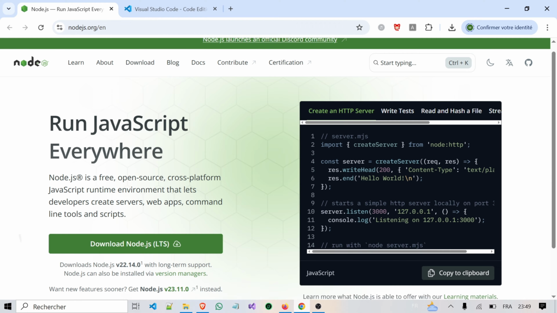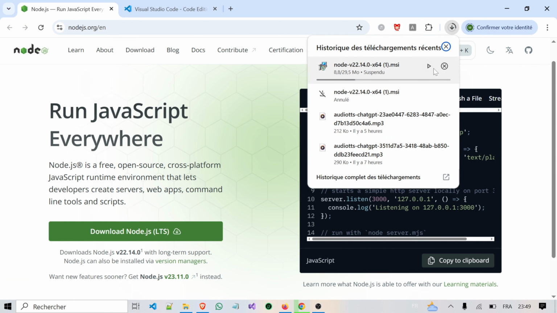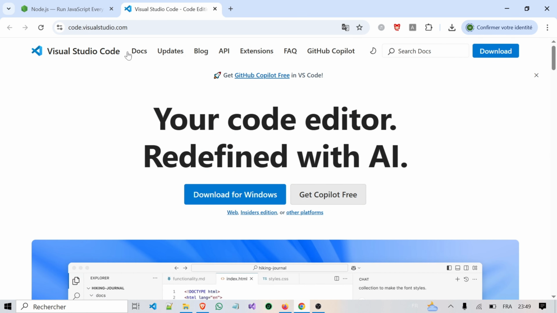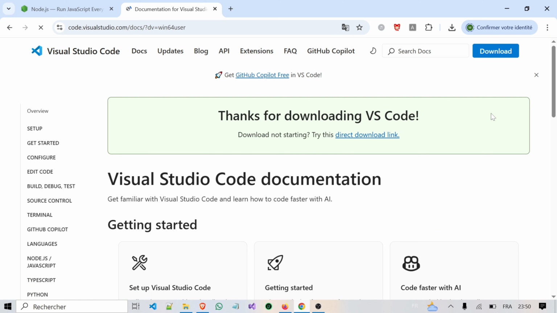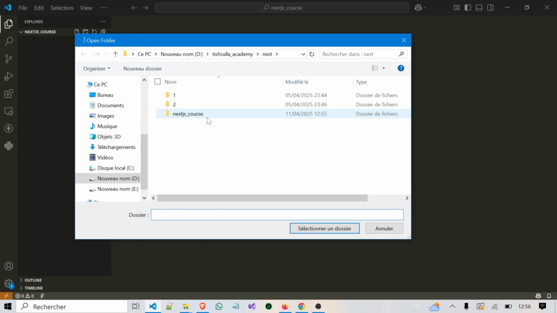To install Node.js, head over to nodejs.org, download the latest LTS version, and install it. If it's already installed, make sure it's updated. As for the text editor, I highly recommend VS Code. You can get it from code.visualstudio.com. Now that everything's ready, I've set up a folder called Next.js Projects as my workspace, and I've opened it